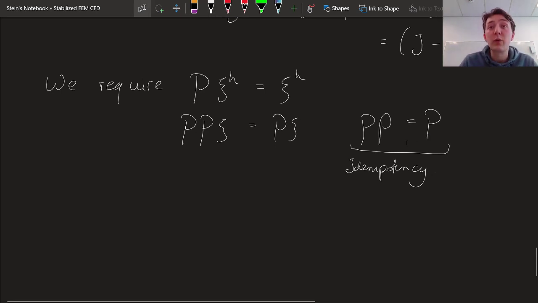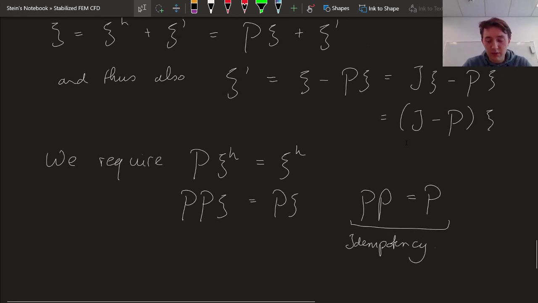And secondly, we require that our projectors are linear. So that means that if I project psi plus zeta, then that's going to be the same thing as the projection of psi plus the projection of zeta. So we have those two properties. We have a property of linearity and we have the property of idempotency. And if we have these two properties, then I can actually get a very nice definition of my fine scale